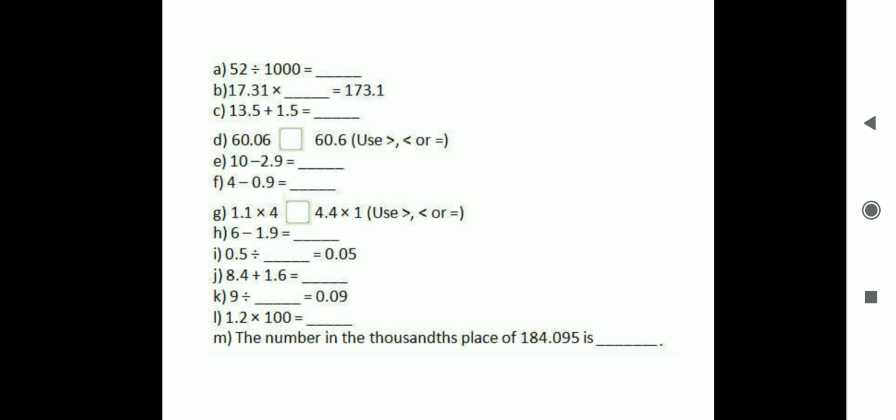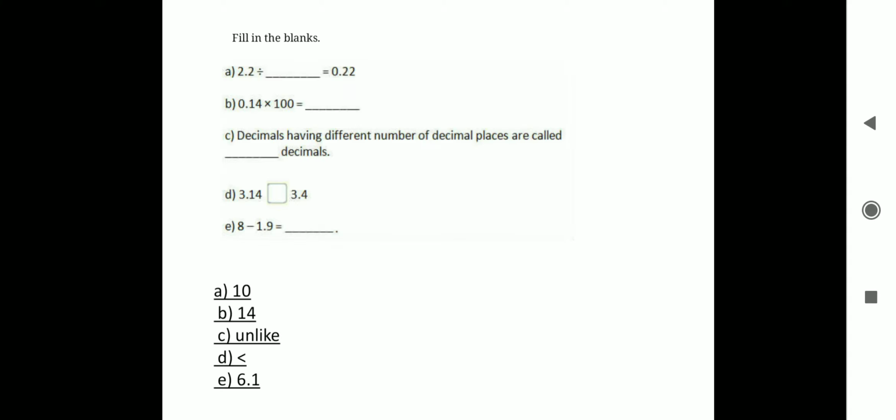Now here I have taken fill in the blanks which are all related to your decimal chapter. I am also including answers with the same. Okay, certain rules which I have told you to keep in mind. First blank is 52 divided by 1000. Now when you divide, the decimal point goes towards the left. Okay, so I am guiding you. Afterwards you will do the answer and then check part. I have given the answers here. So you are first going to do the blanks.